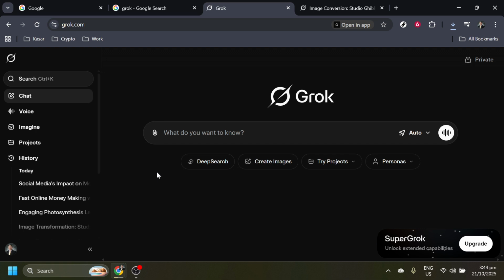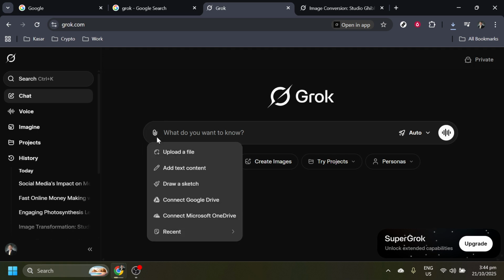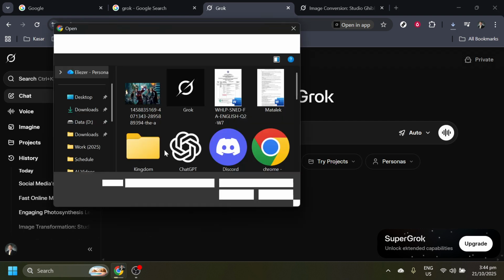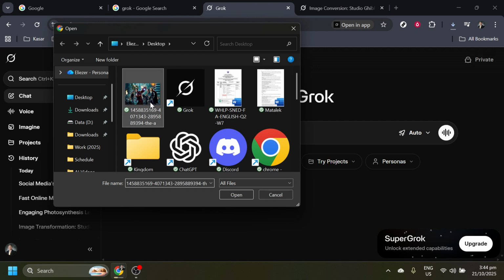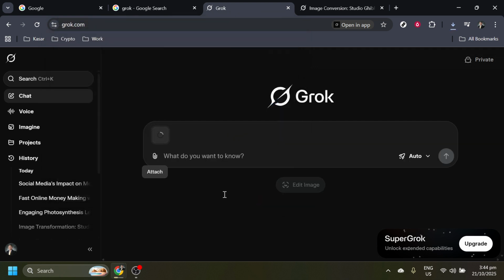But for our purpose today, you want to find the option to upload a file. This is where you'll be able to select the photo from your device that you wish to transform. Simply click the Upload a File button, and a dialog box should appear allowing you to choose an image from your files. Make sure the image you select is high quality, as better initial quality often results in a better